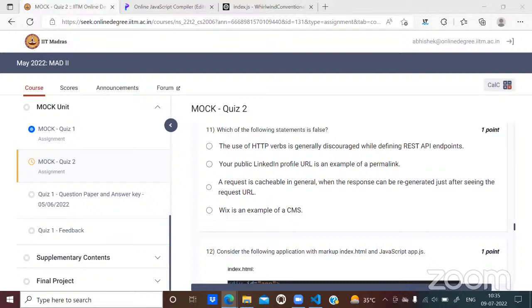Now, depending on the nature of the request, the server is going to decide which method is to be triggered. Let's say you send a post request to the student endpoint. Now the server knows that this is a post request to this endpoint, and it is clear that you want to work with the student entity. Since the type of the request is post, it becomes clear to the server that the user is trying to create a new student in the database. Similarly, if you're sending a put request, it becomes clear to the server that the developer is trying to update a certain entity in the database.